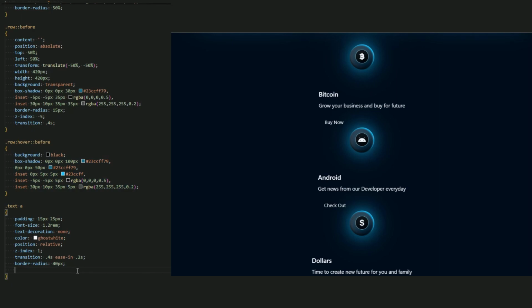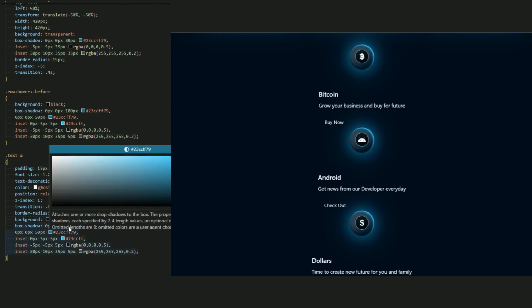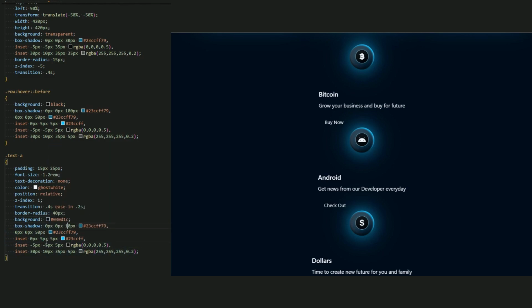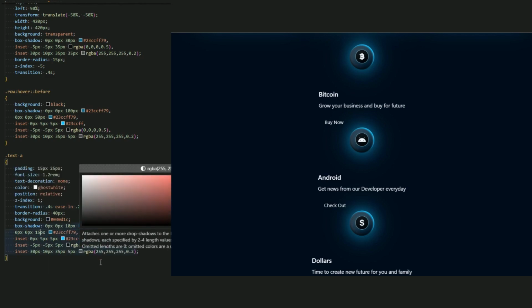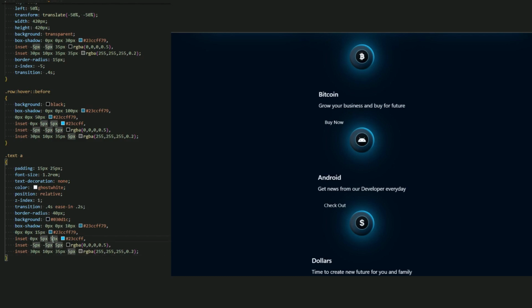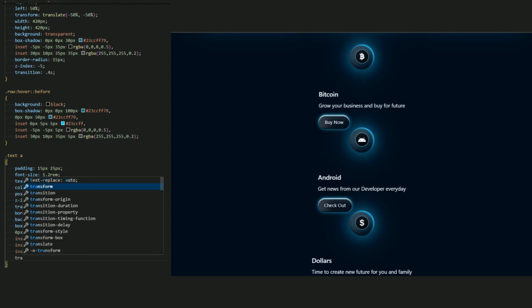Copy this and paste it. Let me add a custom background. And let me set this color just like the background of this body. Okay, now for the box shadow, let me use 10 pixel and 15 pixel instead of 50 pixel. Okay, now for this inset 2 pixel, let me just change the color. Okay, and let me add this 0 pixel for this box shadow. Here we go. Now let me add a transition because we want to add hover.